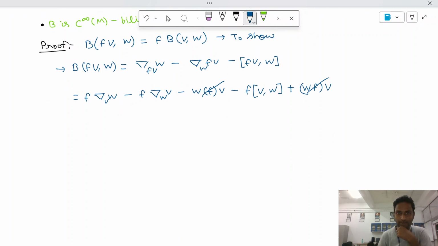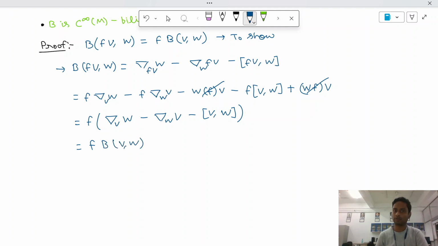Okay. From the remaining terms, I can take f common. So f comes out, and this is nabla_v w minus nabla_w v minus Lie bracket [v, w]. Okay. What is this? You know this expression? This is the expression for b(v, w), right? It's a simple proof. That's how we prove it. Okay. So similarly,